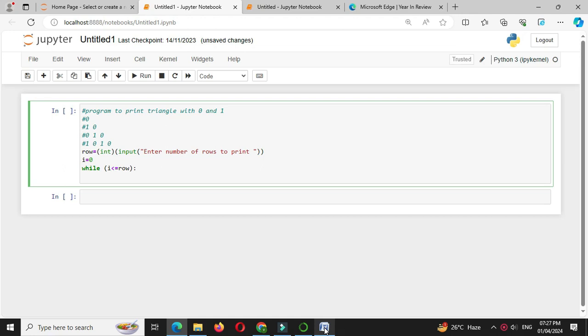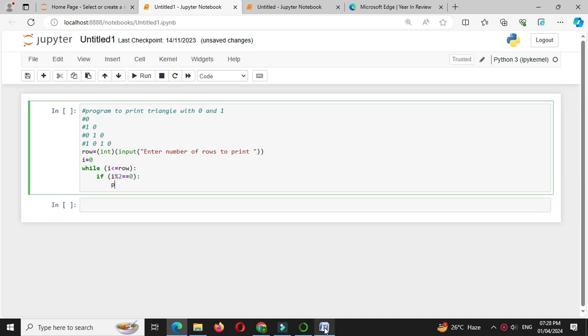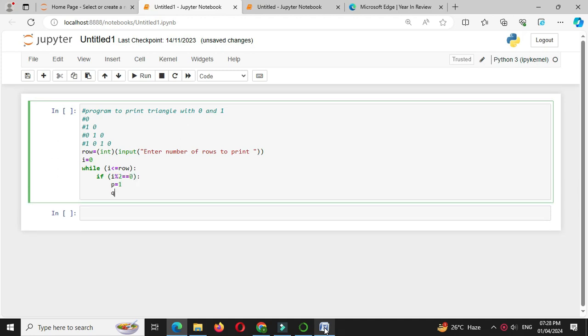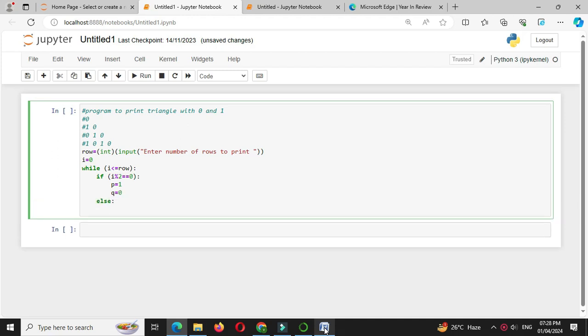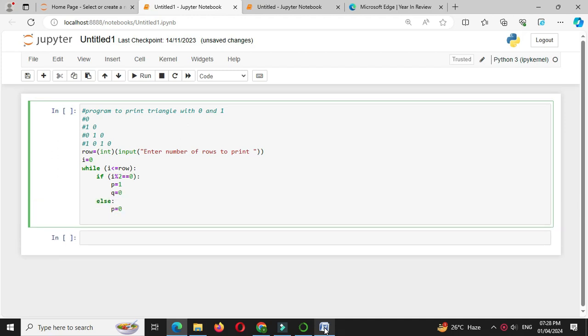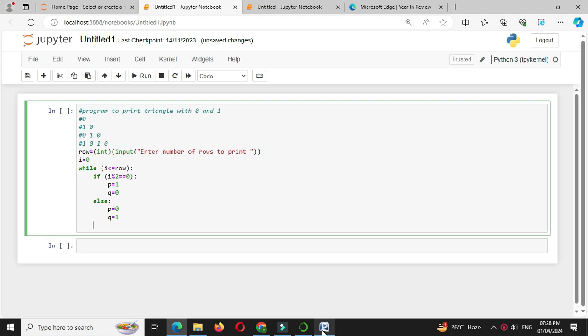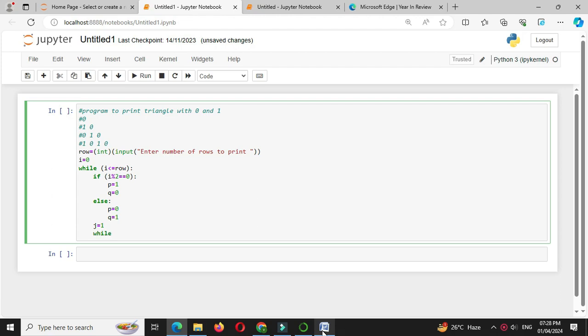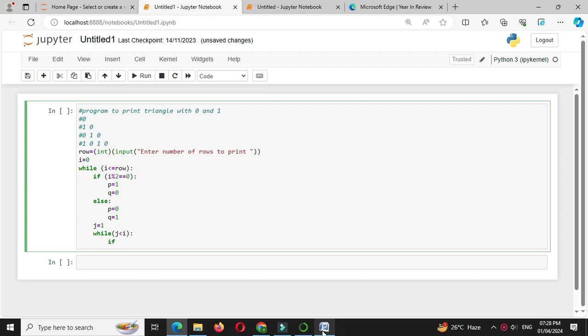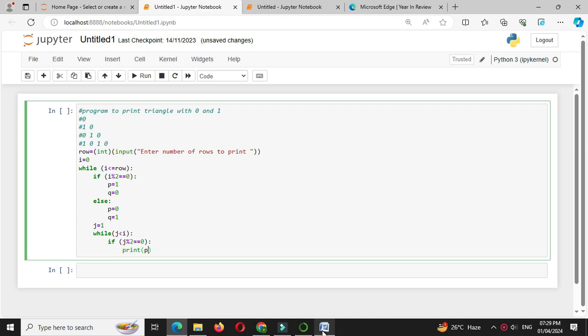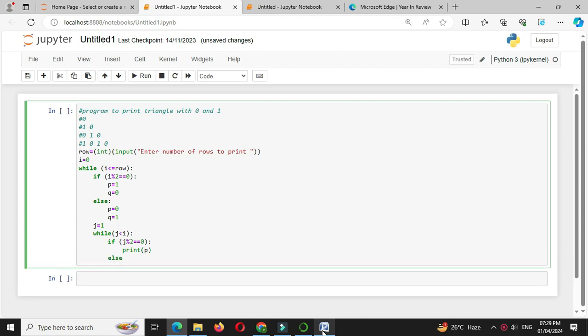Since we are going to print only 0 and 1, here we will check if I mod 2 equal to 0, we will assign p equal to 1 and q equal to 0. Else we will assign p equal to 0 and q equal to 1. Then we will declare another variable j which is initialized with 1, and we will use another while loop. So while j less than I, and here we will check if j mod 2 equal to 0, we will print p, else we will print q,